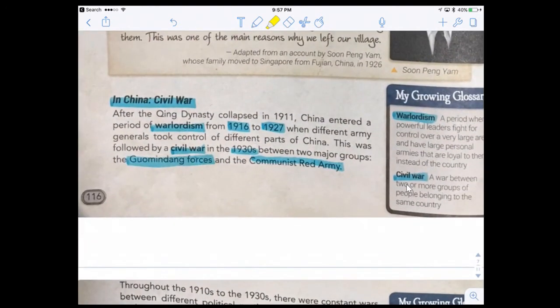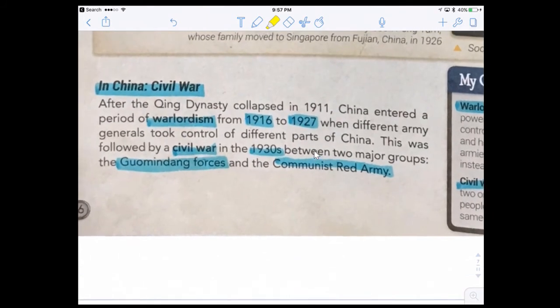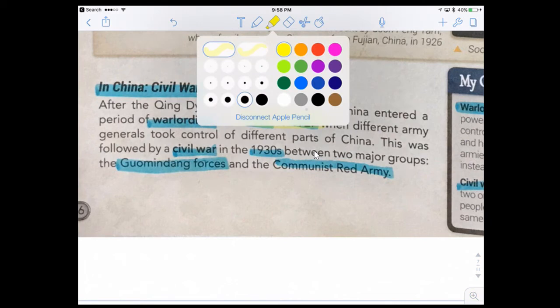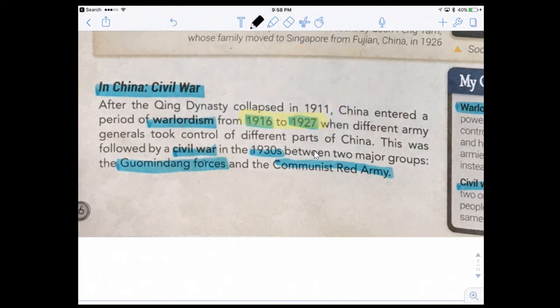Then of course we have civil war. So what do I mean by civil war? It means that when groups in China start fighting against one another, similar to clan wars but in a later period. So in 1911, after the fall of the Qing dynasty, we have the period of warlordism, 1916 to 1927. That is when there are different groups of people who have gathered different armies together, and then we have warlordism. This was followed by the civil war, because when the dynasty falls, the emperor has fallen, people are fighting to unite China again.